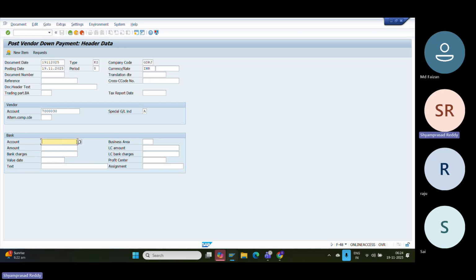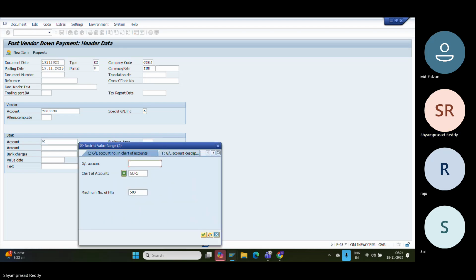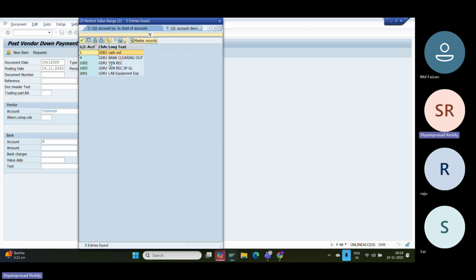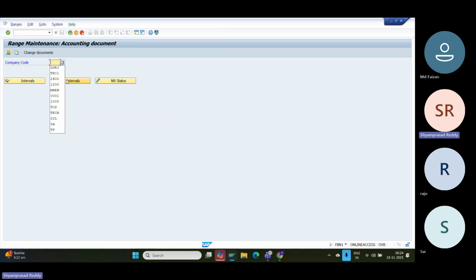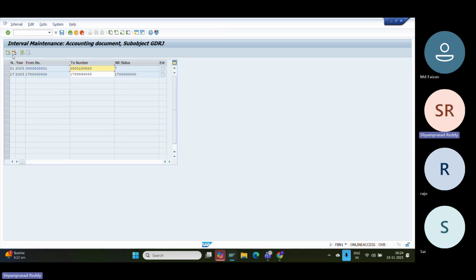For the bank account, you can take, like just before I created one bank clearing account, I'm taking that. I don't take any amount. Let's go to the request. Okay, number range 15 is missing. Go to ABN1 and create the financial number range 15. Okay, and go to 2025,